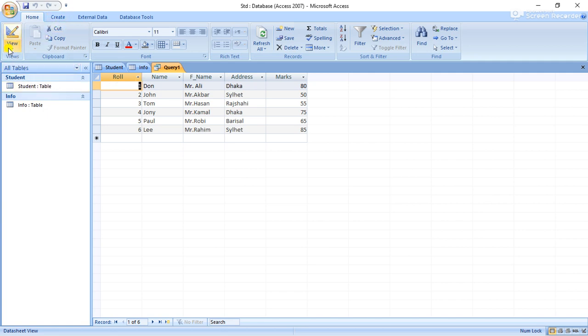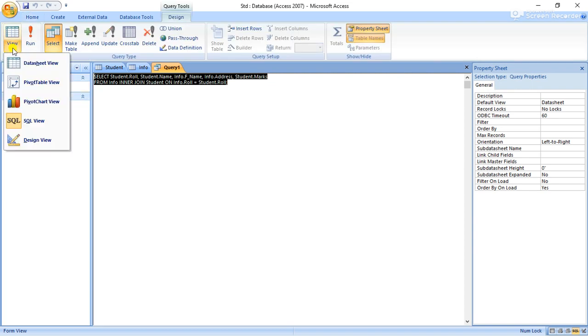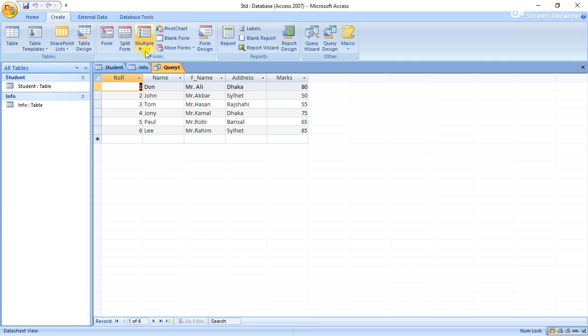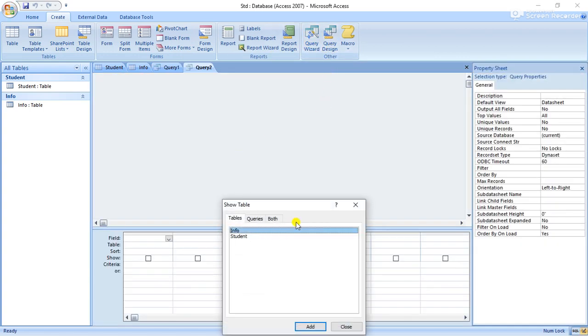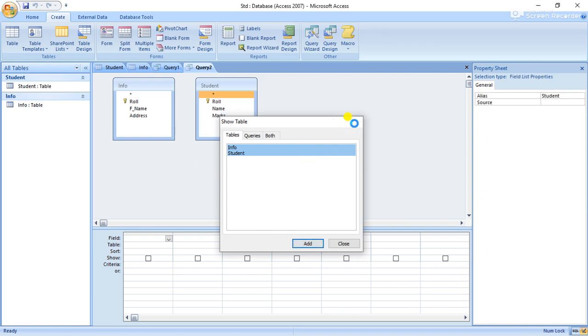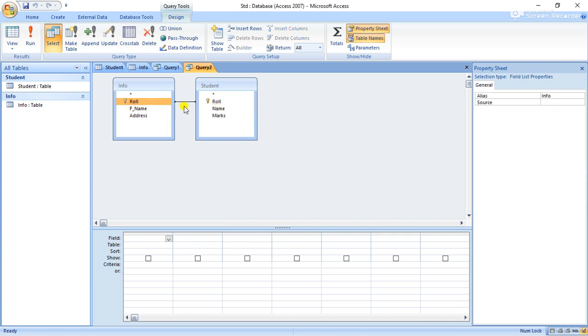And if we create some condition here, let's click on this query design again. Click these two options and click on this add button. Close this box and bond roll to roll.